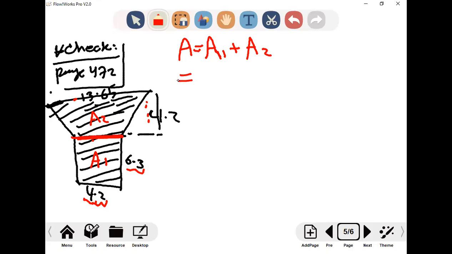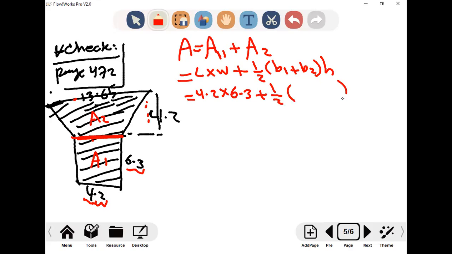A1 rectangle, length multiply width, plus A2 the trapezoid, half times base 1 plus base 2 multiply height. This equals length 4.2, width 6.3, plus half multiply base 1, the same as this, which is 4.2,